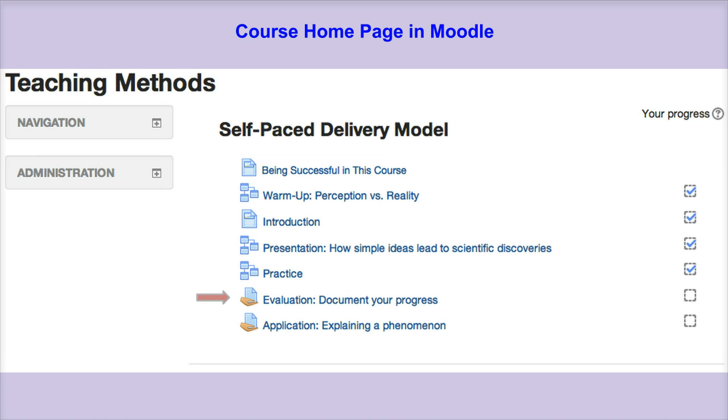The evaluation and application activities from the lesson plan are created as Moodle assignments. Again, the flexibility of Moodle's assignment settings allows many options. One example for self-paced learners is to allow them to save their work and modify it without submitting it for grading. However, I can set up the assignment so that when a learner does submit work for grading, I receive